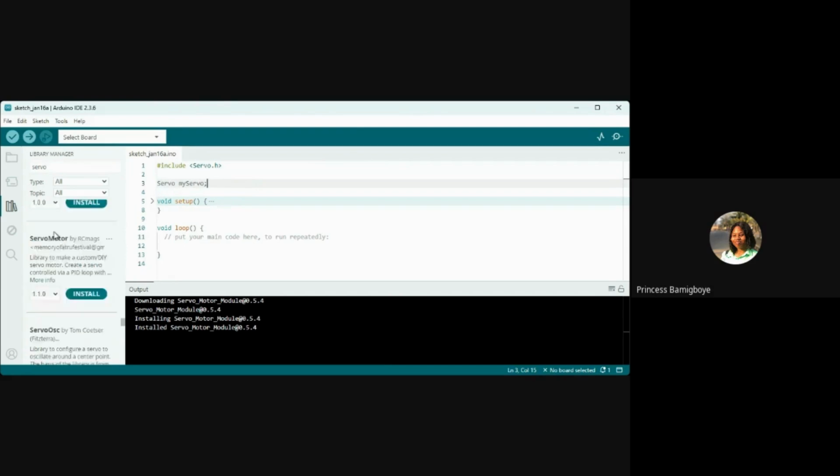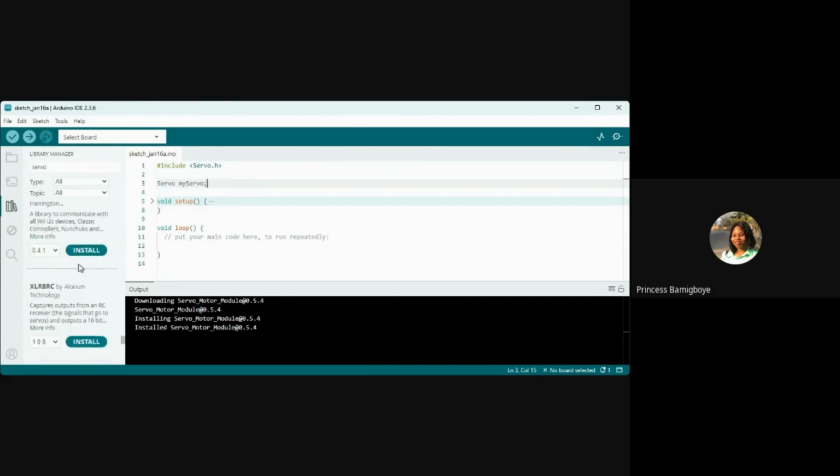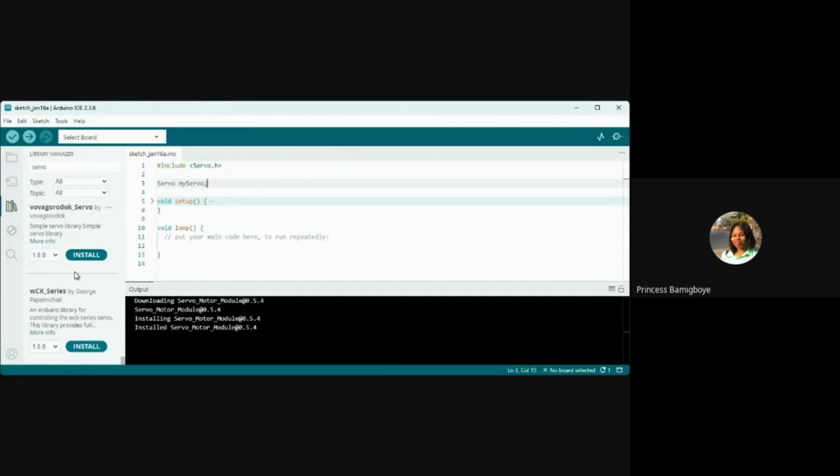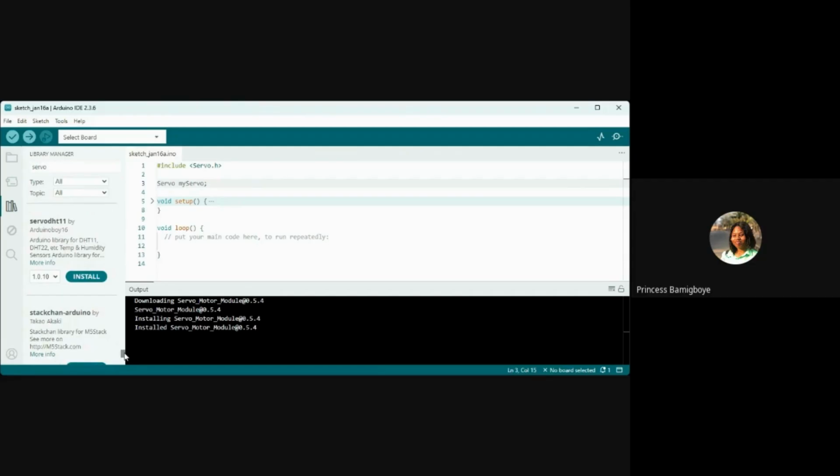So basically, libraries work with different electronic components that the Arduino would not have originally had the capacity to carry. Make sure that you import them so that these things will be able to work. Okay, so it's here already. Excuse me, it's usually the first one. So as I typed it, it actually came out. Anyway, Servo by Michael, that's the library.